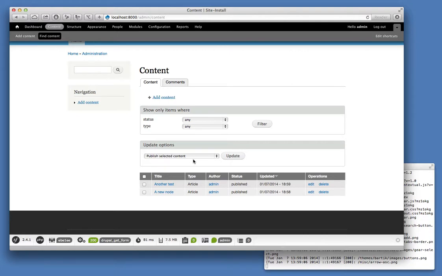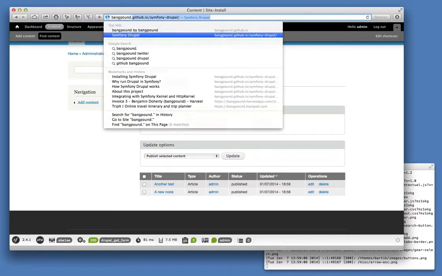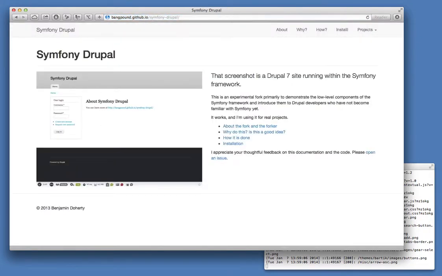In any case, if you want to learn more, definitely review this documentation site,